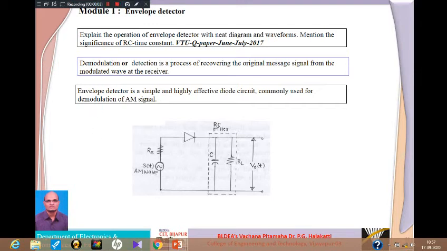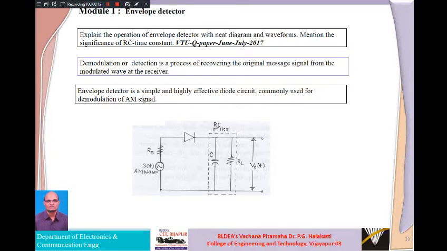So today we'll discuss the envelope detector. In the last video, just to brush up, we discussed the switching modulator, where we have seen how an amplitude modulated signal can be generated. Later, on the receiver side, we want to detect that message signal from the S of T. For that we can use the envelope detector.